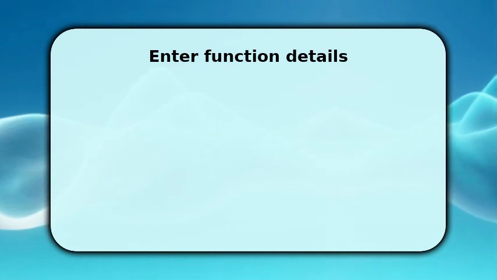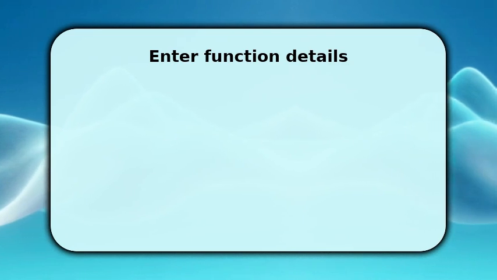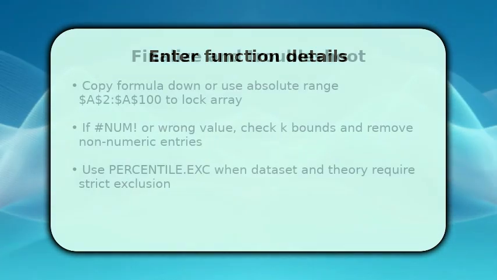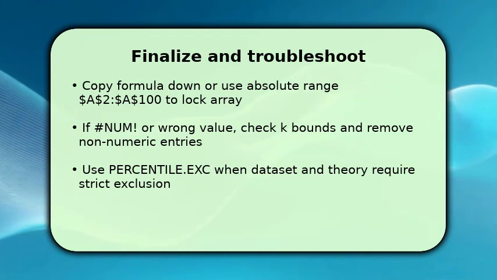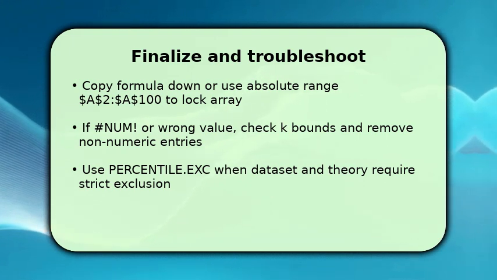If you need percentiles across groups, use filter or pivot tables to supply subgroup ranges before calling percentile. Once you have results, lock the array with $ signs if you copy the formula. This prevents shifting references. If Excel returns an error or unexpected value, make sure k is between 0 and 1